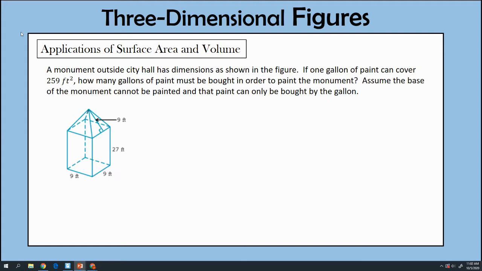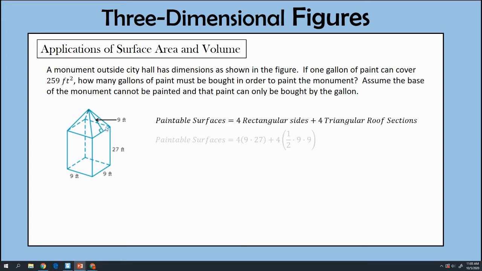And the key to this one is to understand we're only going to paint exposed surfaces. All right, so if we look at this, the paintable surfaces of this shape are going to be the 4 rectangle sides and the 4 triangular roof sections. The top of the prism and bottom of the pyramid, those aren't exposed surfaces. Those 2 rectangles are actually a square. Those aren't exposed, just like the bottom isn't exposed. So you only have to paint exposed surfaces, which are going to be the 4 rectangular sides and the 4